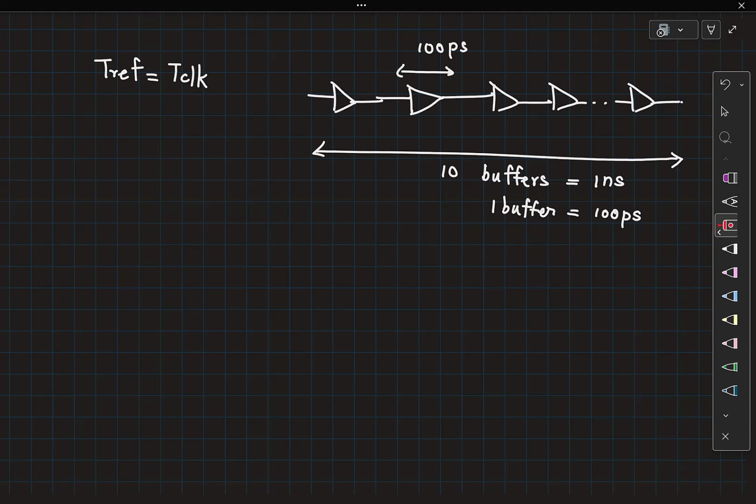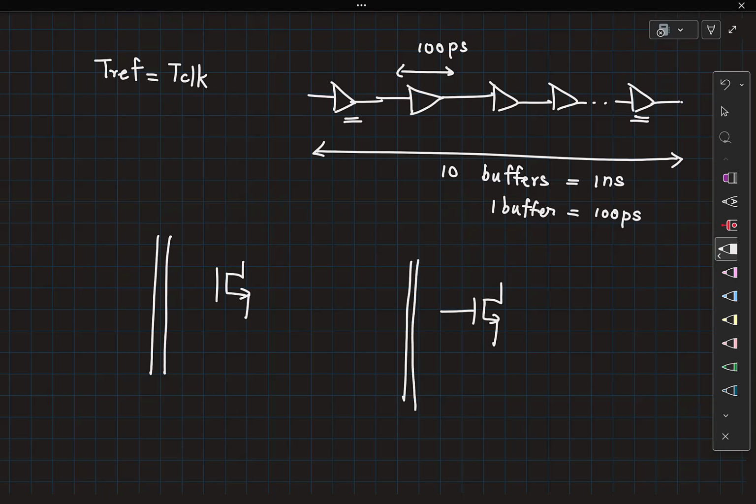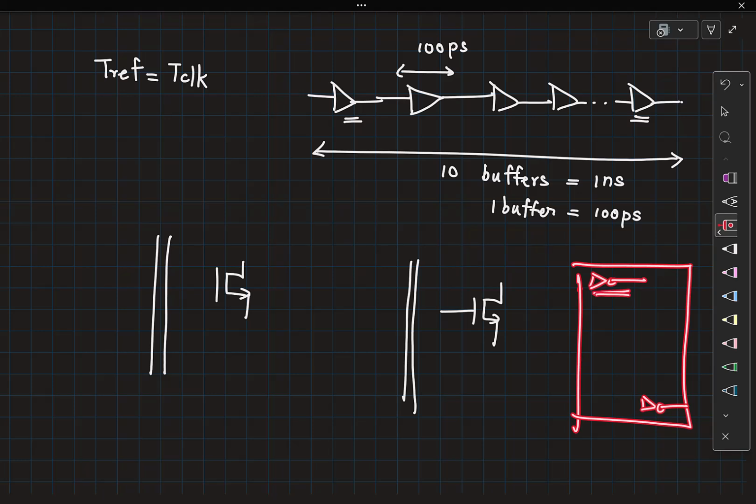That is part one. Part two, you make sure they see identical layouts. So if you had one NMOS transistor, let's say from the first buffer, and it saw a metal line going like this, when you're laying down this transistor, even if there was no necessity to have a metal line here, you'll put a dummy metal line so that it sees an identical environment on all four sides. And then you will also place these as close as possible to each other. You cannot put one buffer at this corner of the IC and another inverter in that corner of the IC and then expect that they will have the same behavior. You have to place them as close as possible.